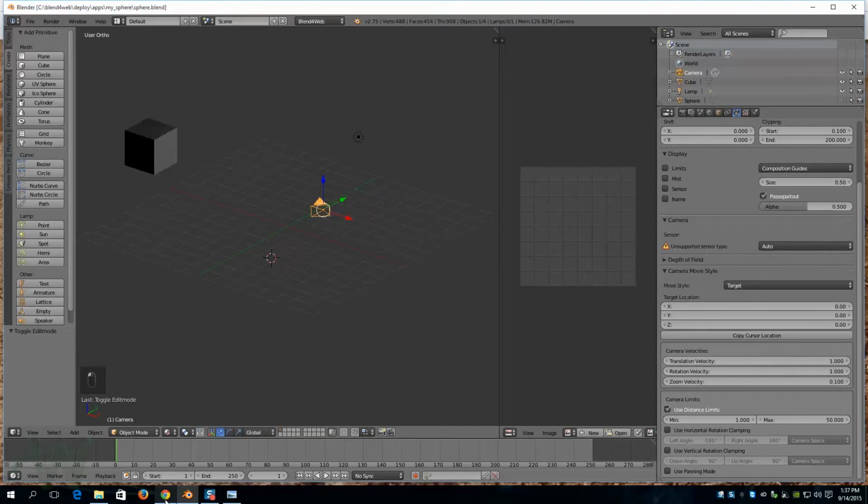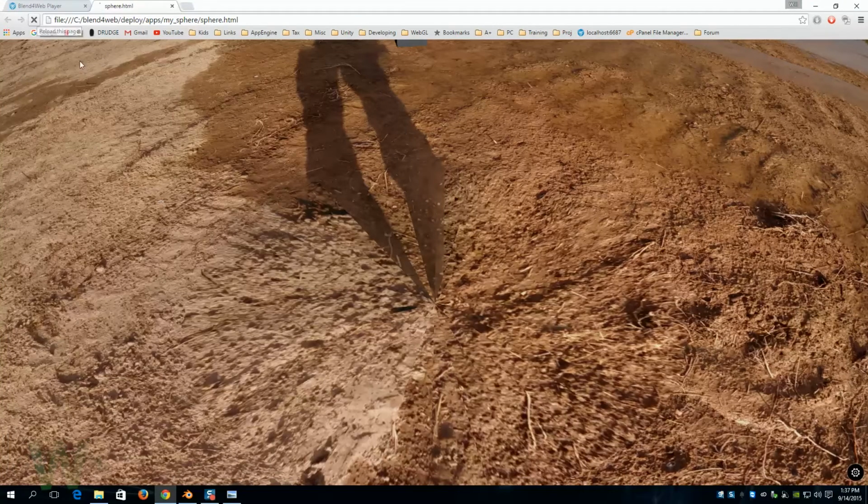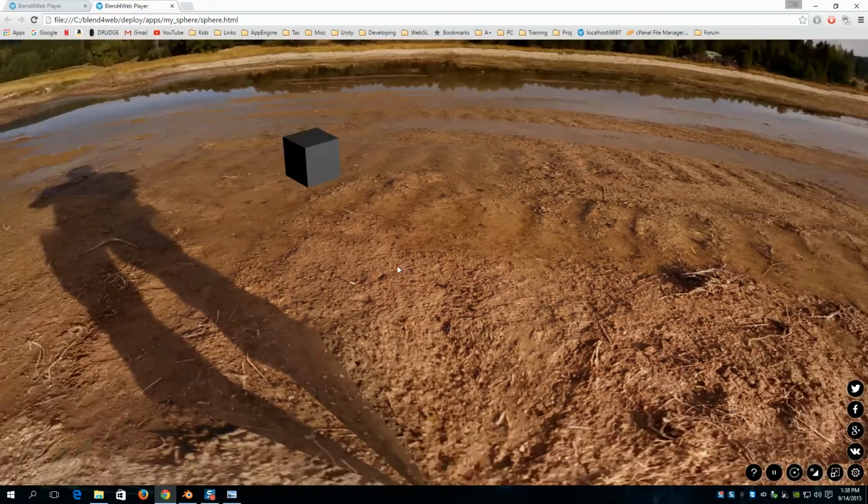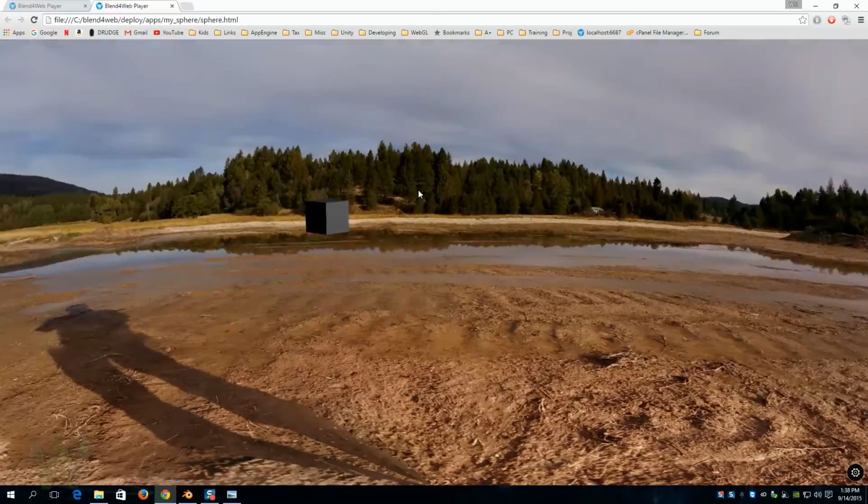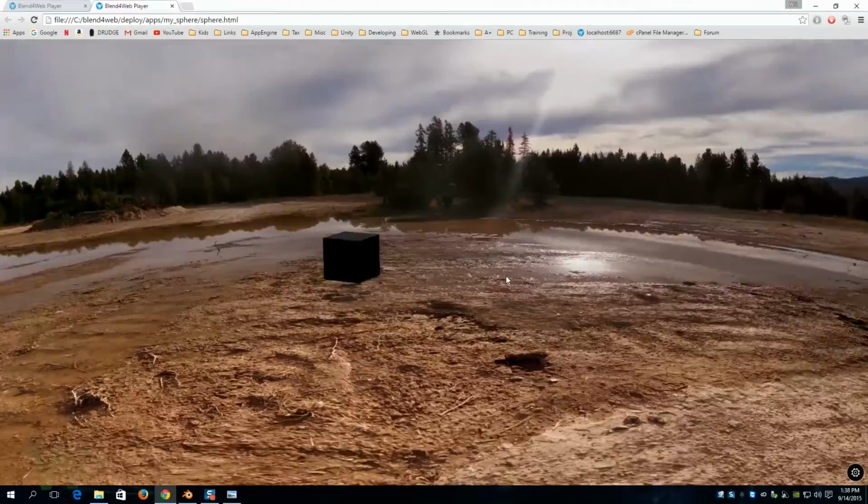Export and refresh. And here we are in no panning mode. That's good. So now you can just spin about the target